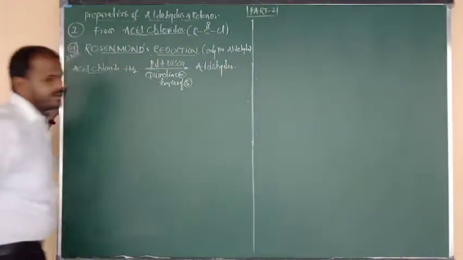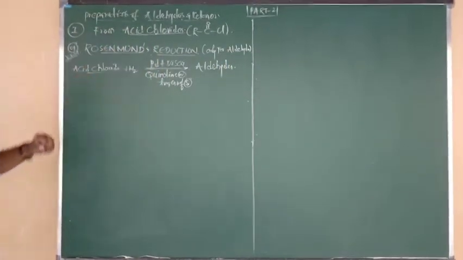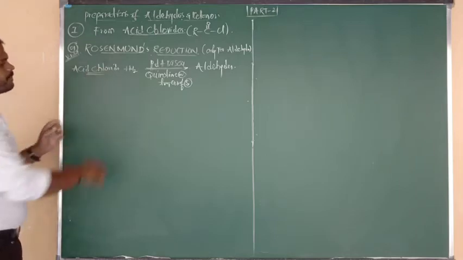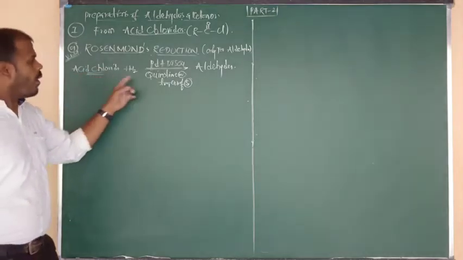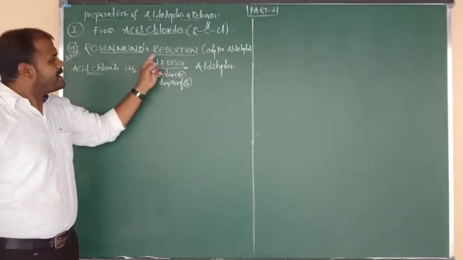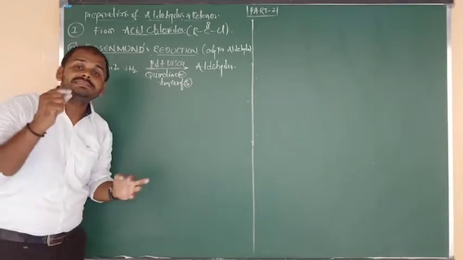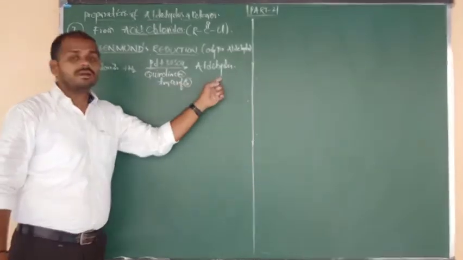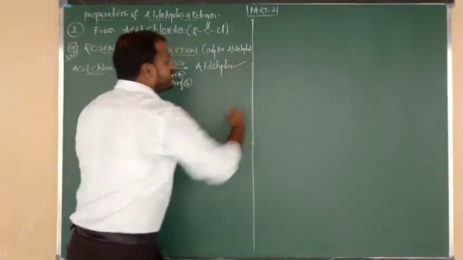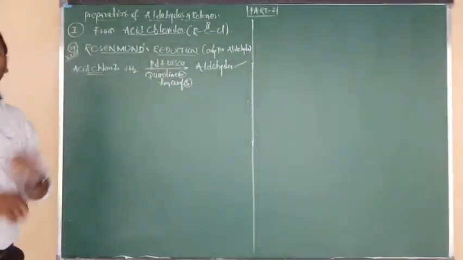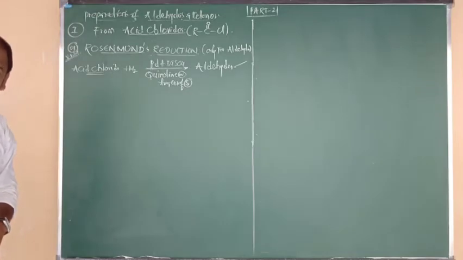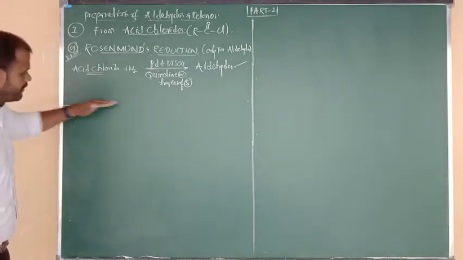But finally, here the product you are going to get is what, beta? Aldehydes. Once again, what is meant by Rosenmund reduction? The statement we have to say: acid chlorides on reduction with palladium plus barium sulfate in presence of phenolene or traces of sulfur give aldehydes. This statement we have to write in our own language.